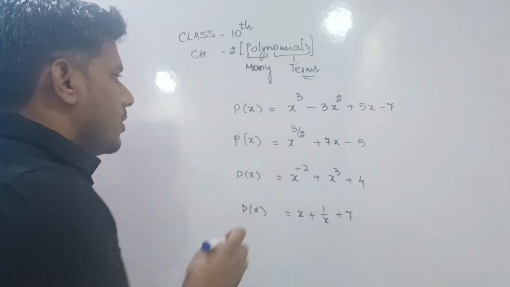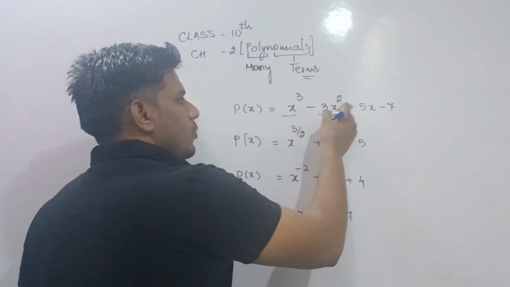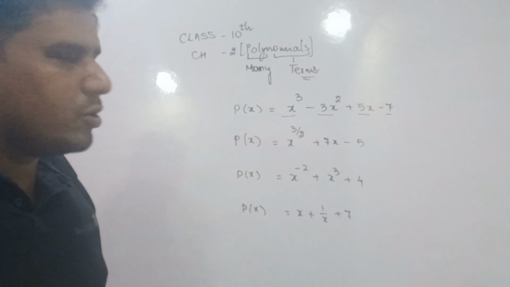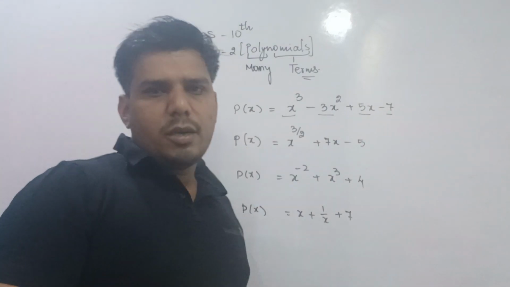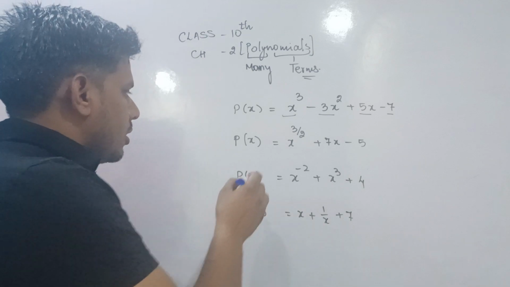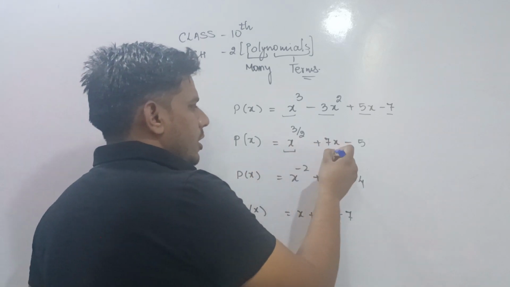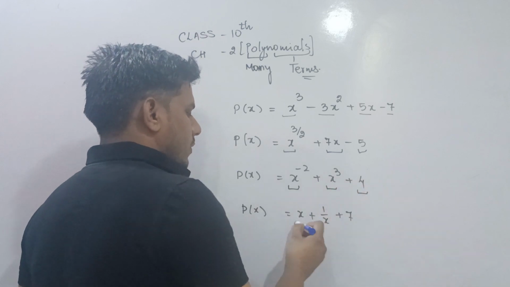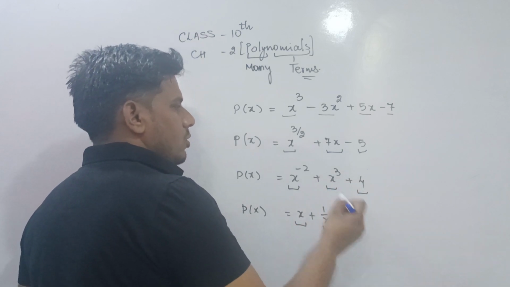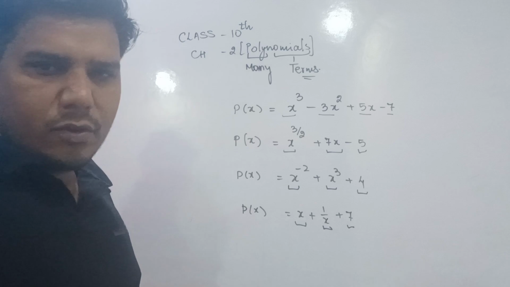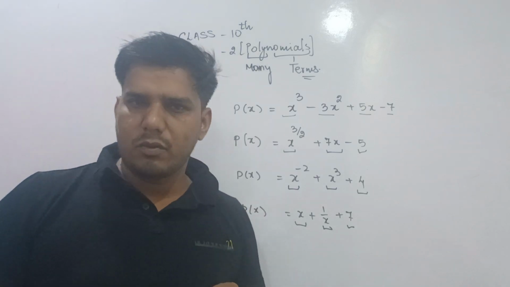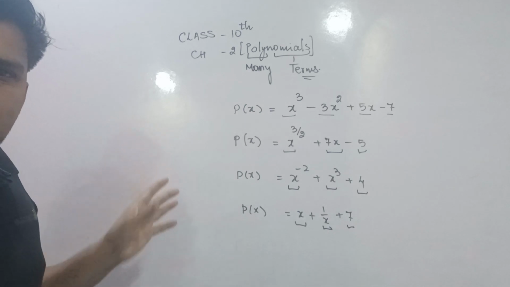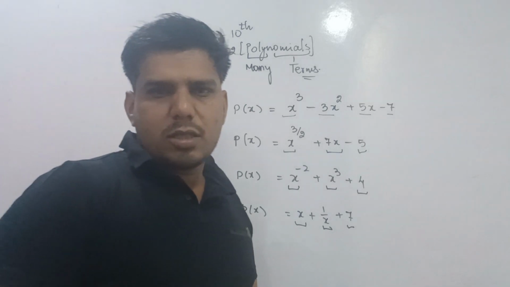As we can check in the first one, there are 4 terms, 1, 2, 3 and 4. You all know about the term. In class 6, 7th or 8th you have studied about the terms. Here we also have 3 terms. Here also 3 terms, and in the last one also we have 3 terms. So as we can check in all the 4 examples we have more than 1 term. So can we call all these a polynomial, or is there any restriction in the polynomial?